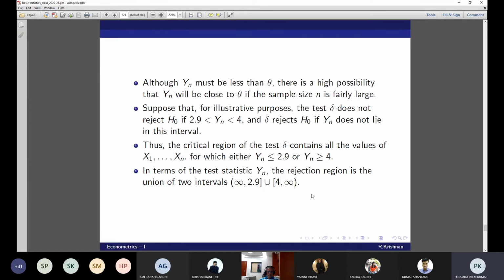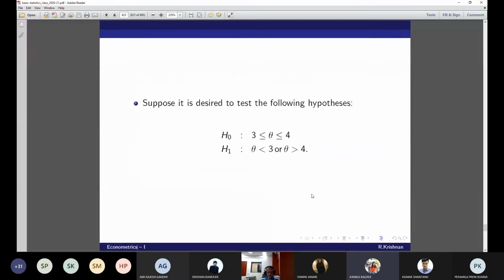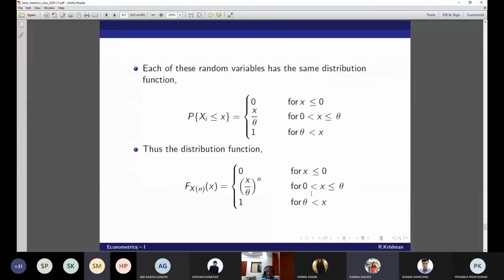Population itself, all of us. In a particular experiment, is it possible that the estimate will be greater than theta? Sir, I got it. Because x1, x2, xn lie between 0 and theta, there is no way that the max of x1, x2, xn will be greater than theta. There is no way it is possible. So that is why it has to be either less than or equal to theta only.